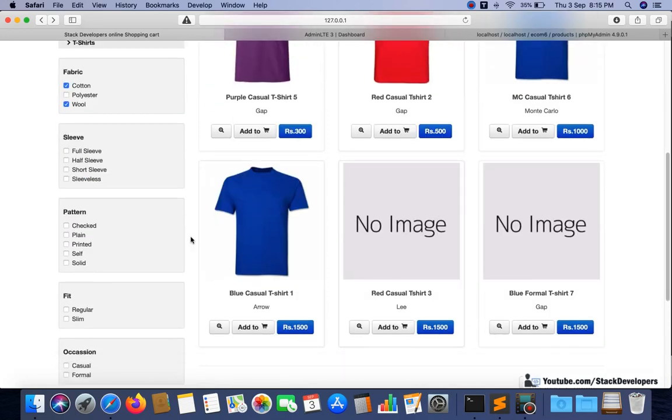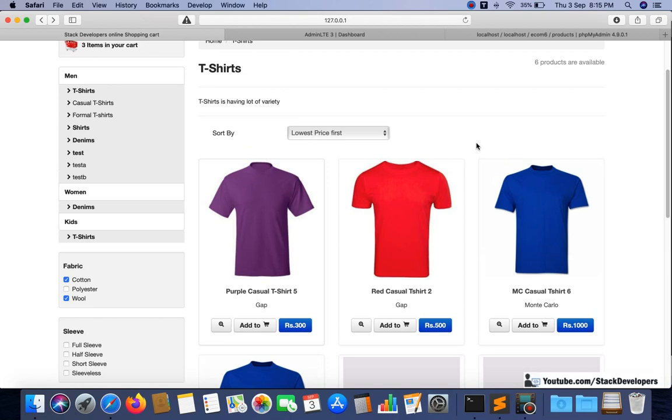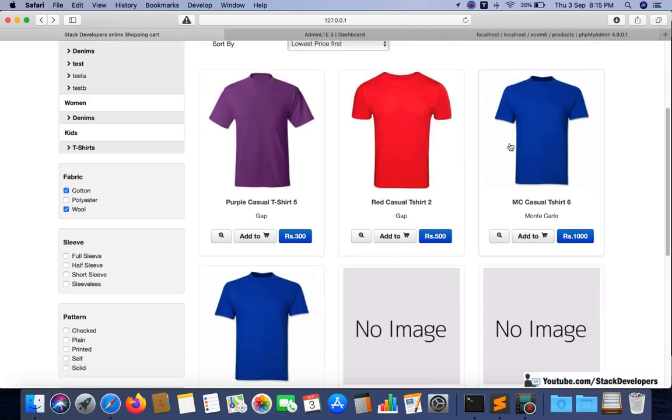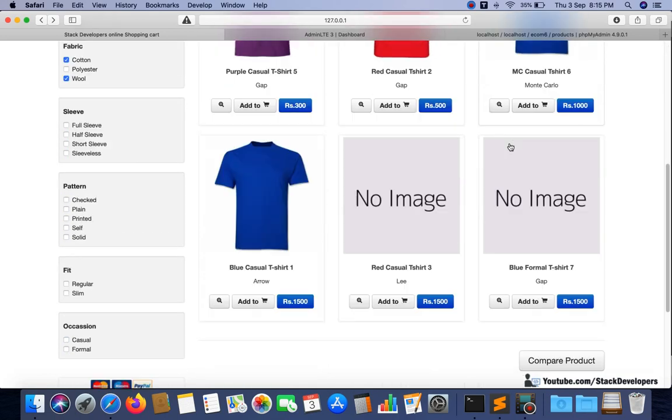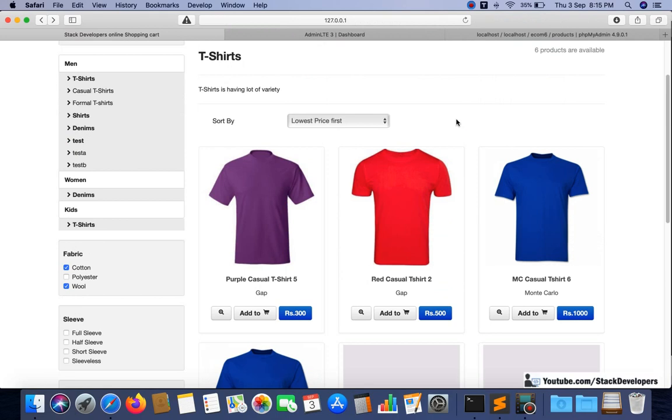Okay, so we are going to use this filter to display the products in Ajax. This is a bit complex, but we must use this one to make our website fast, so that the products will display as early as possible. Most of the good websites use Ajax for displaying the products. One of the crucial things of our advanced ecom series, this one we have not used in the basic e-commerce series, but here in the advanced ecom series we are going to display the products with the help of Ajax sort options and filter options both.